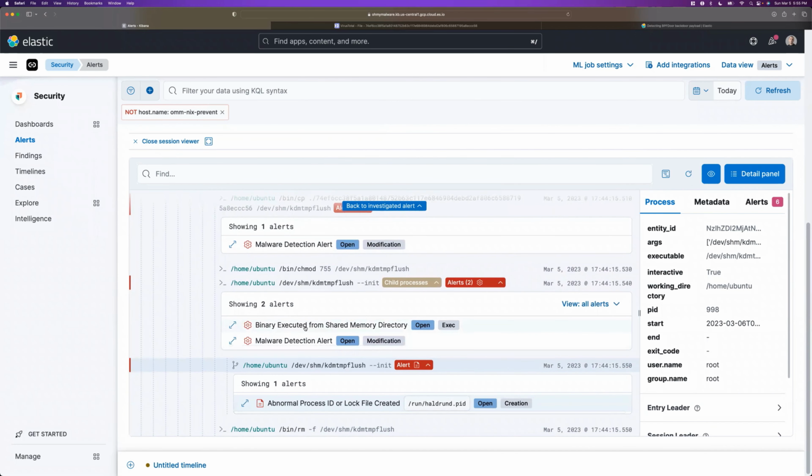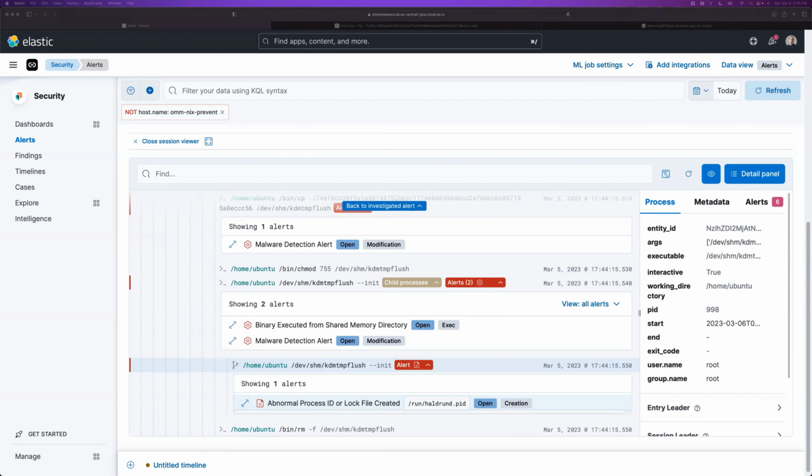And because we picked up certain other behaviors, like this binary executed from shared memory directory and abnormal process ID or log file, we were able to find quite a bit. I'm going to dive a bit deeper on this though, because this is really interesting. If you haven't realized what happened here, when this particular payload ran, number one, you can see there's a fork here, right? When a process is forked, it can be very similar to process spoofing as well. So because it forks it,